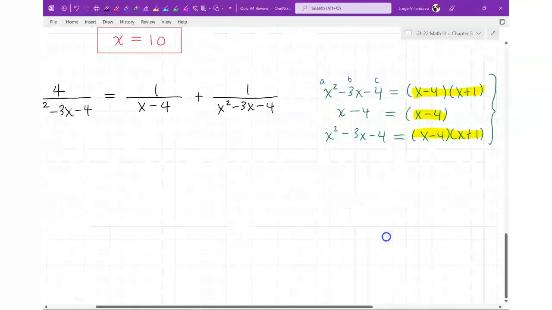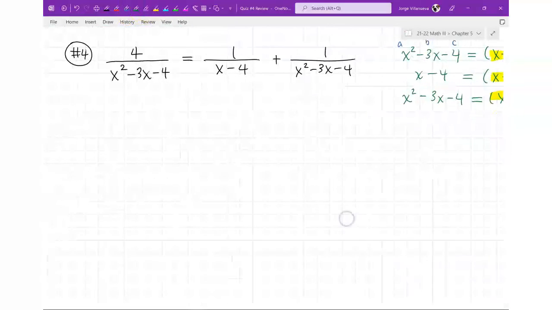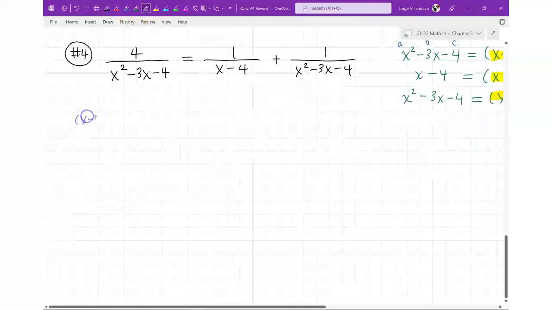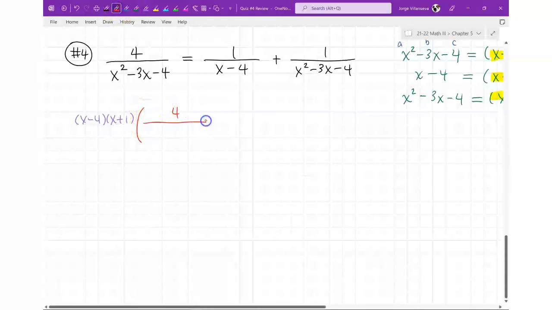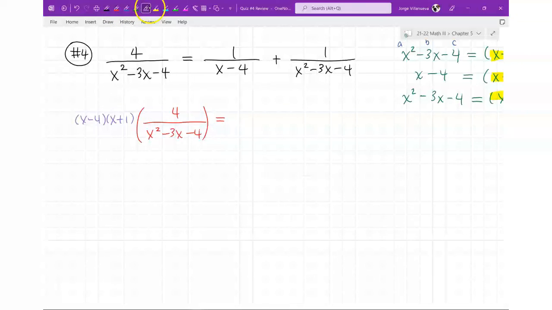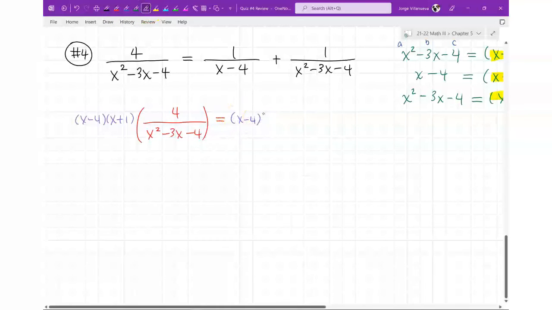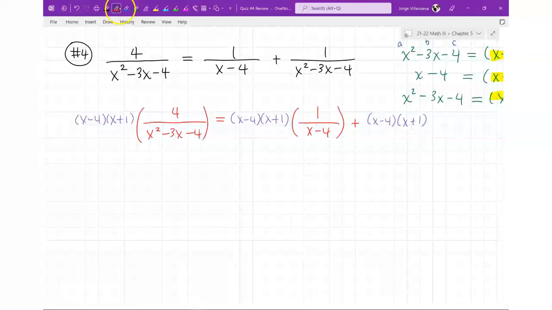So let me go back to the original problem, way over here. And I'm going to put x minus 4, x plus 1 times 4 over x squared minus 3x minus 4 equals, so again, this is my least favorite part. Yeah, I like doing math, but sometimes I don't like doing the long writing portions of it. So this is, like I said, that's the part I don't like the most. So x minus 4, x plus 1, and then this is 1 over,